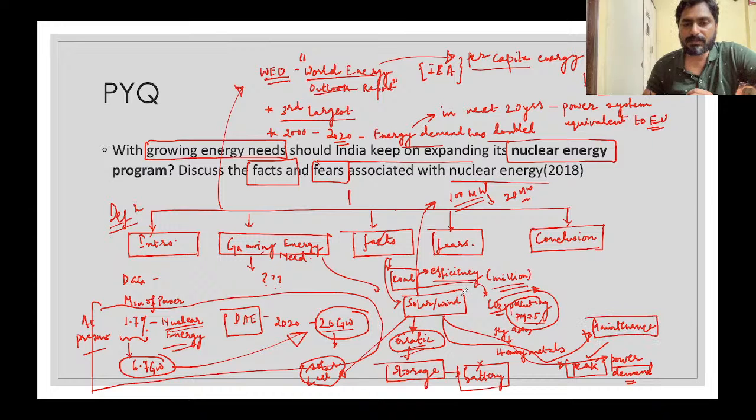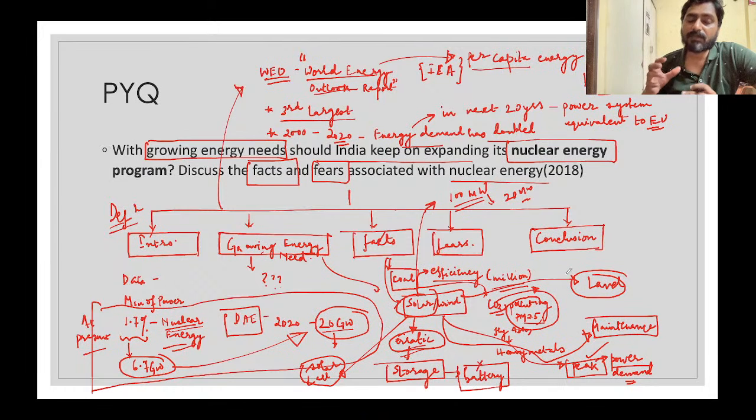And the biggest concern is that when you have to set up solar power plants, you have to utilize land. So the land requirement is very huge with respect to solar power plants. In that sense, with respect to land usage, they are not very efficient. Yes, India might have a lot of wasteland, but still getting that wasteland itself becomes an issue. States might not release those lands, so there are concerns.